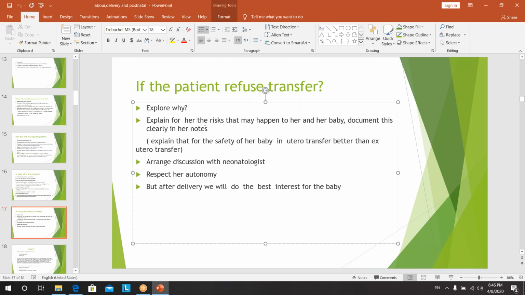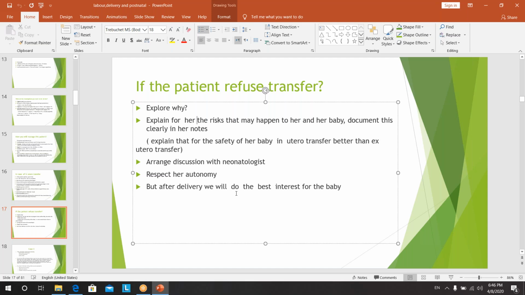The patient still insists after you explaining for her the risk, so you will go to document your notes. Explain for her that the safety of the baby in utero transfer will be better than ex utero transfer. Also, if the patient still insists, you can arrange a discussion with the neonatologist. The neonatologist may make her change her mind. Respect her autonomy. If the patient doesn't want to have in utero transfer, you have to respect that, but you have to tell her that after delivery of the baby, we will do the best interest